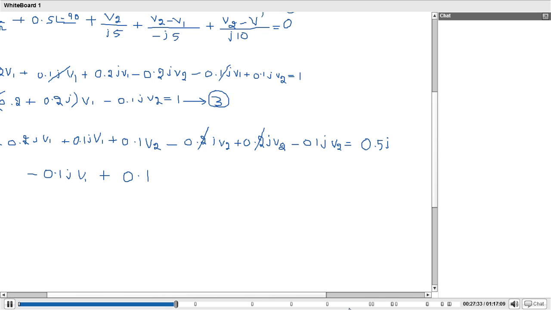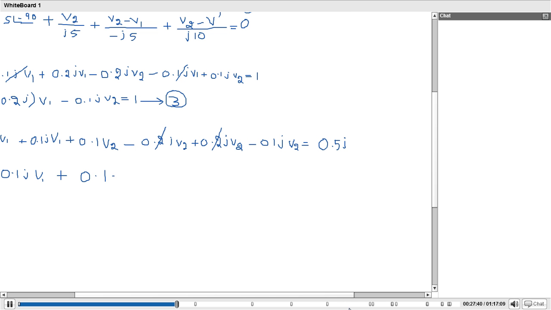And what are the imaginary terms of V2? Only minus 0.1 j V2. So minus 0.1 j, I am taking V2 common, is equals to 0.5 j. So now you can apply Cramer's rule for solving these equations 3 and 4,